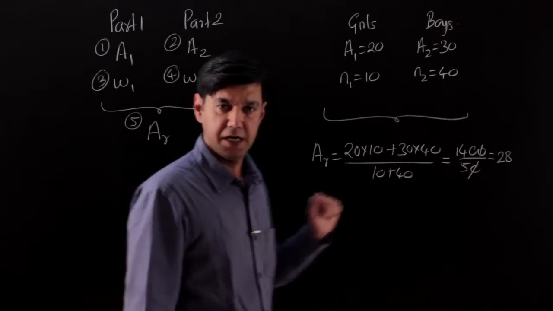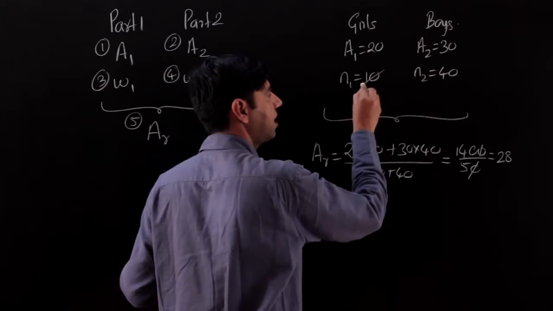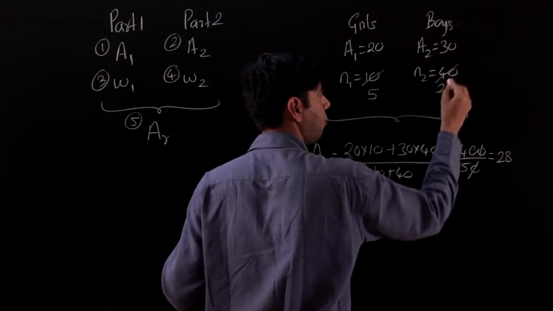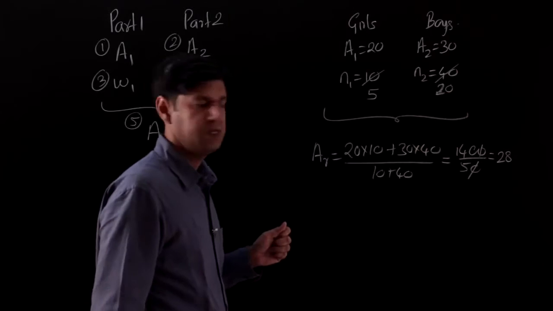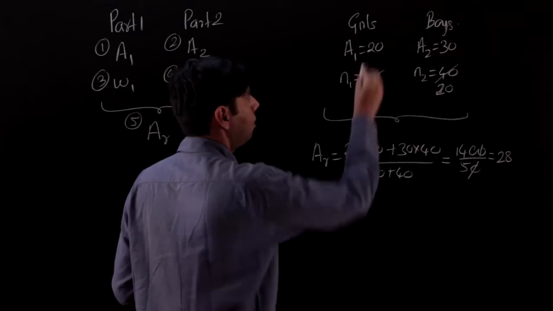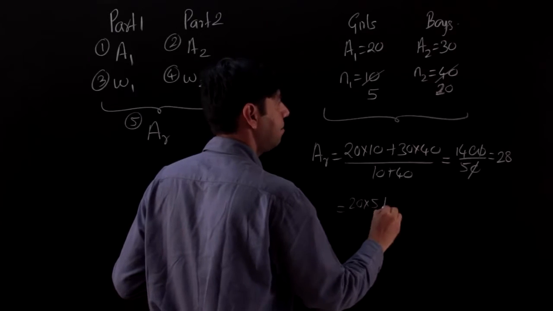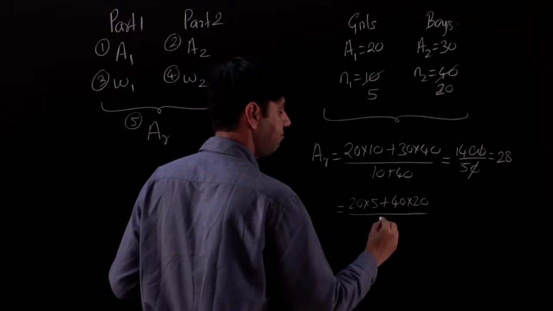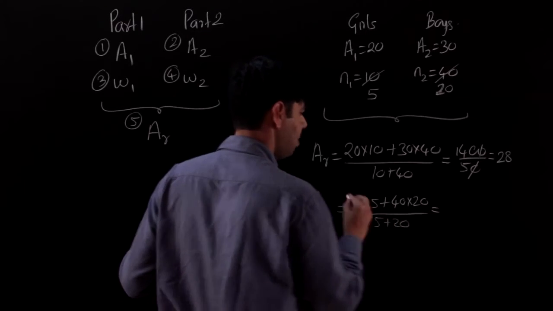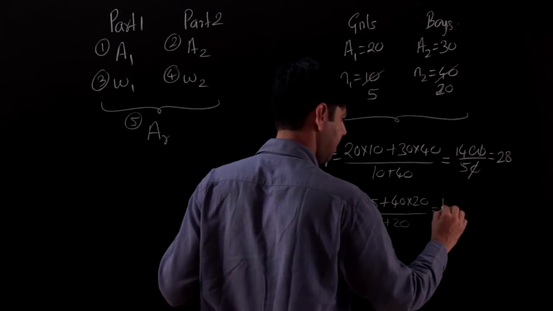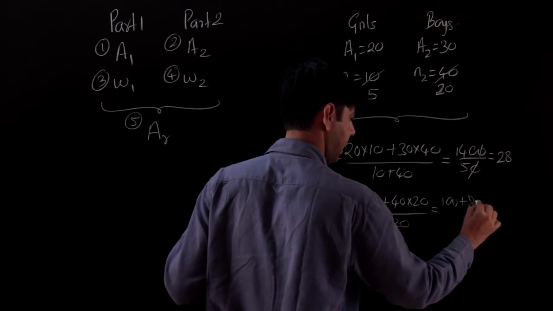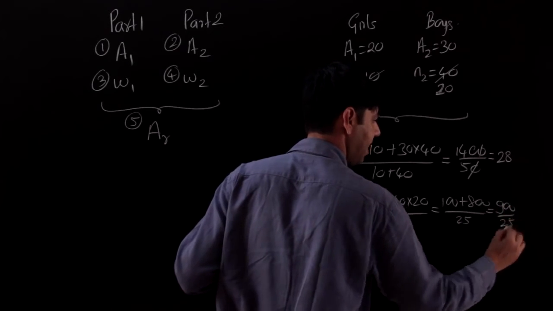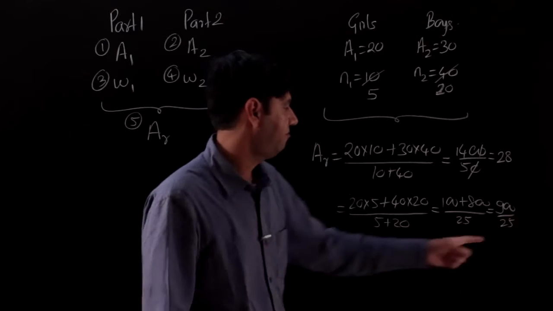Look at the change that I am doing now. What if, instead of 10 and 40, the number of girls were 5 and the number of boys were 20? Let's recalculate it. So 20 into 5 plus 40 into the weight being 20 people. Now the sum of weights in this case is 5 plus 20, that is 25. So I get 100 plus 800 by 25, which is 900 by 25, and since I have to divide by 25,